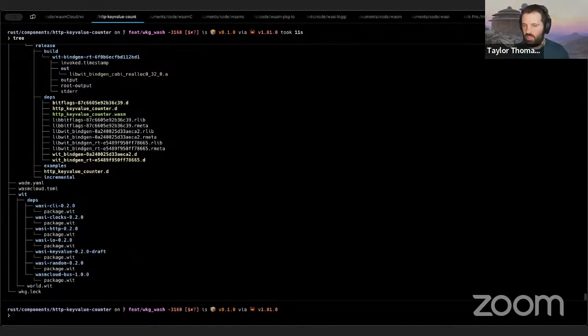You can actually fetch this with a new subcommand that's wash wit. But generally, if you just run wash build, it'll package these, it'll pull down all the packages for you, put them all in there, and then lock them. So if you look at the